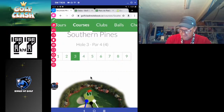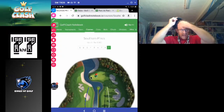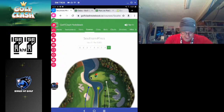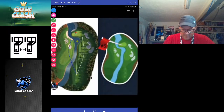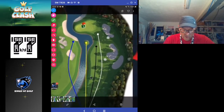So hole number 5 is Southern Pines, hole number 9. And this hole here has also been changed. So let's go look at the changed hole. I'll be really curious to see what this hole looks like with the new and improved changes. So the old hole,